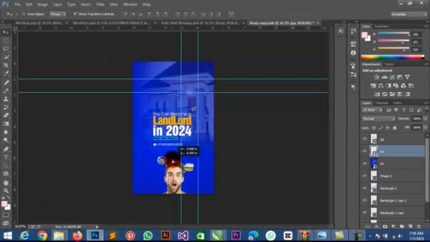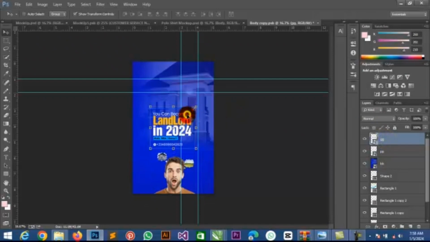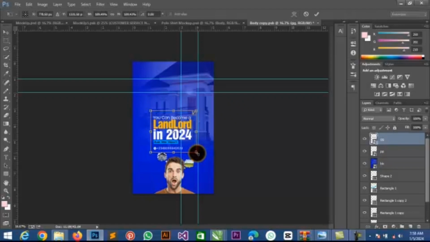Let's do something like this. Take this one down and then select this one again, bring it down a little. Okay, so I'll reduce the size, just small. Okay, so and then what you are going to do is you're going to pick up your rectangle